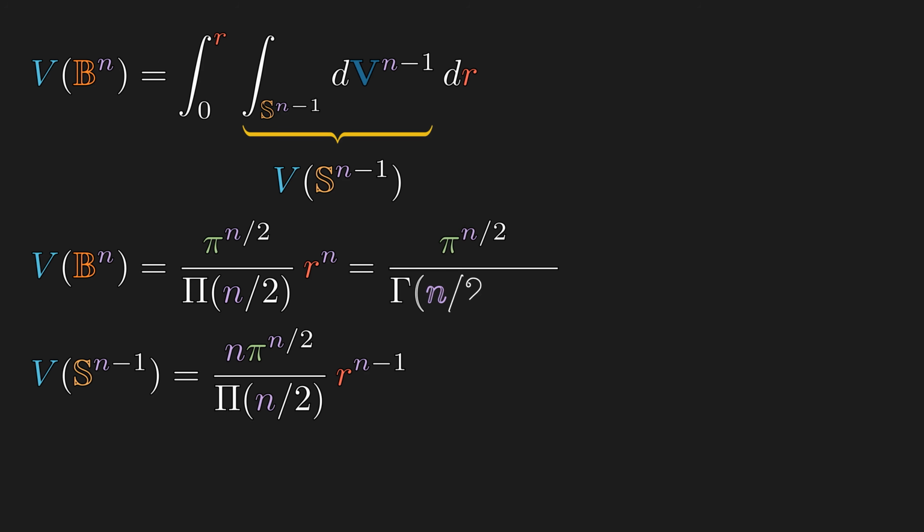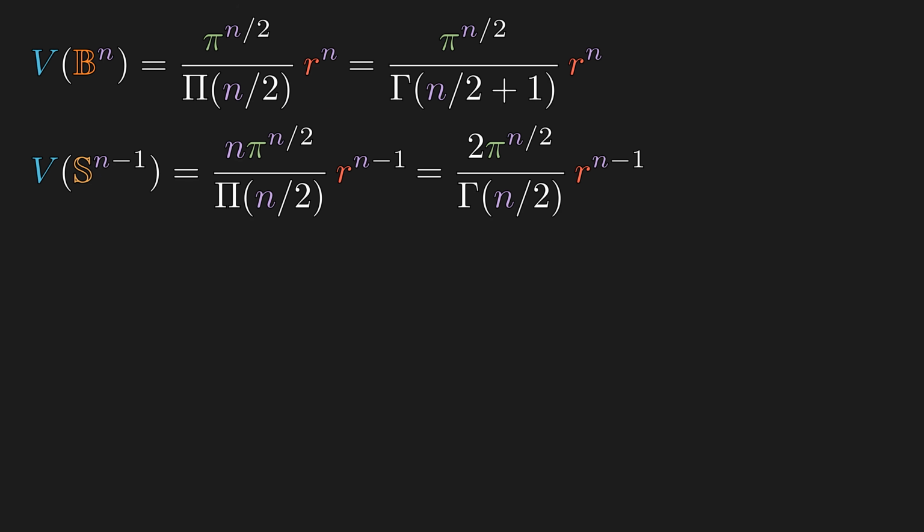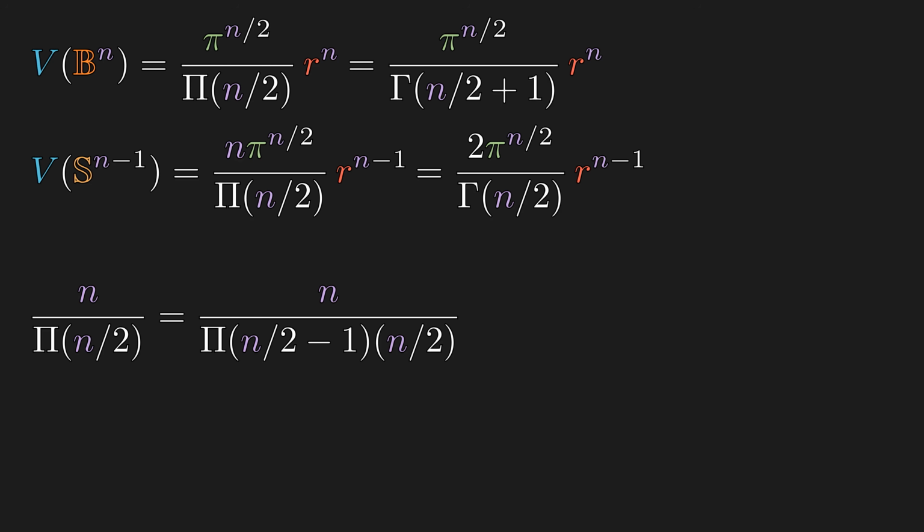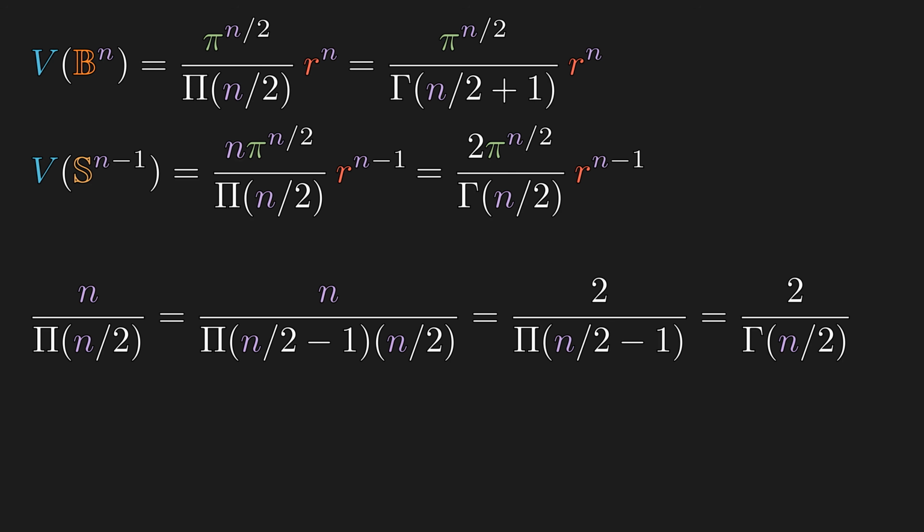Now, if you look up the formula online, you will probably find it written in terms of the gamma function, which is the version of the continuous factorial function shifted by one step, and I personally don't like it. And this is the formula for the surface area you will find online. But it's hard to see the derivative relation in this common form. So let's start with n over the factorial of n over 2. Then, the factorial of any number is that number multiplied by the factorial of that number minus 1. Then, we can cancel out n and move 2 to the numerator. And lastly, rewrite this in terms of the shifted factorial function.